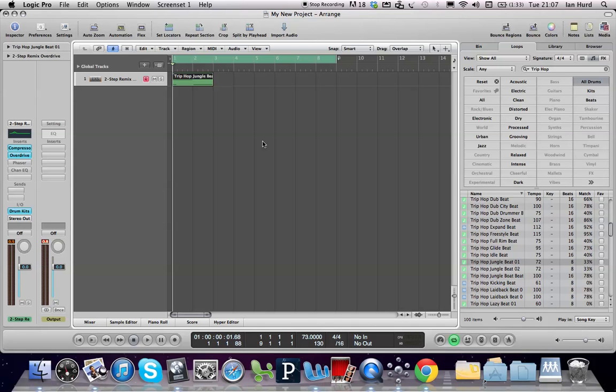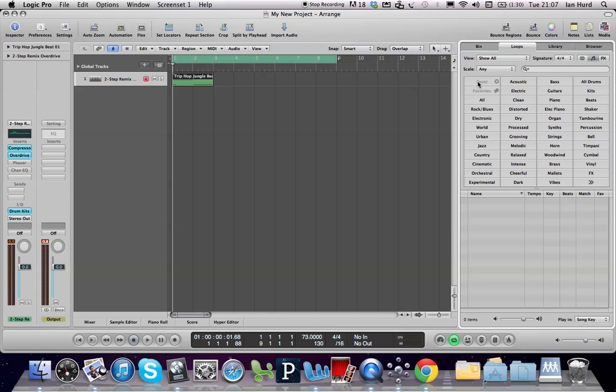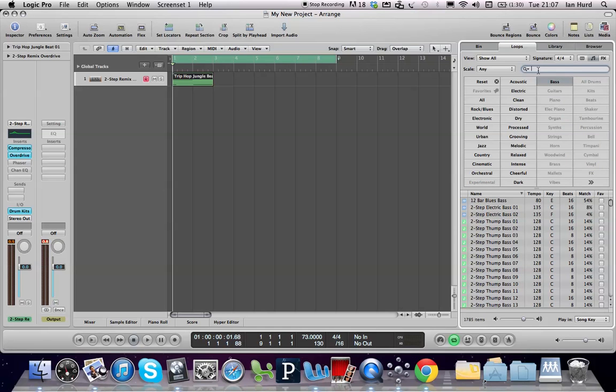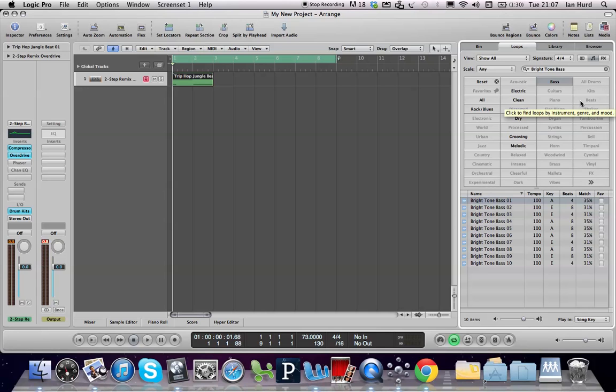Okay, so what I want to do now is add in some more loops. So if we go back over to our section over here and we deselect, if we go to reset here and we click the bass tab here and we type in bright tone bass, we've got a number of regions that come up, and what we want is bright tone bass 03. So if we just select it and listen to it,